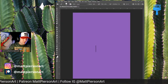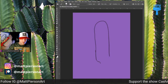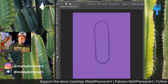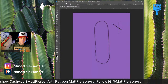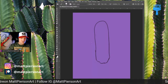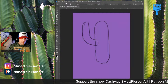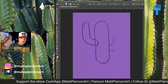So before I continue this little conversation, I want to talk about the drawing that I'm going to do today. It's going to be just a simple little cactus drawing. I've kind of coined them slanted tridents. They're like slanted tridents, and that's essentially what I do with these cactuses. I just find that that's the easiest thing to do,